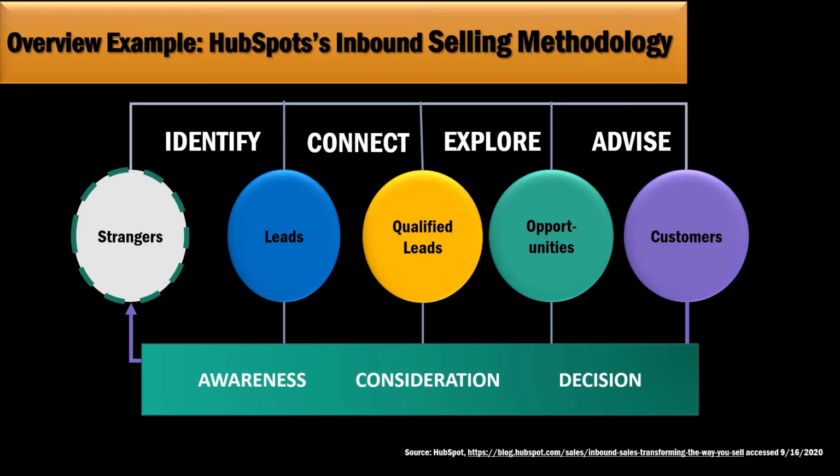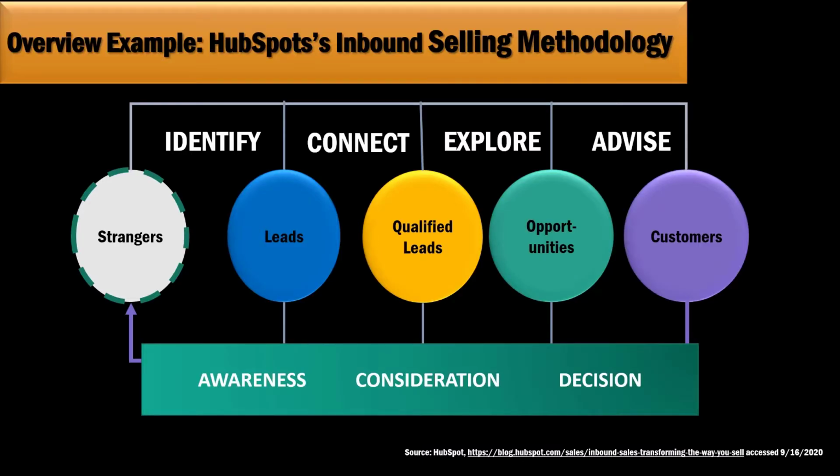Okay, so for inbound selling methodology, these are the steps that HubSpot advocates. So this is basically the idea that you're going from these prospects who would be strangers to the firm. So this is from the selling firm's perspective. They're basically strangers, and you're trying to kind of go from those strangers to making them customers. That's kind of the objective of a lot of these different things. So how do you kind of go through that process?